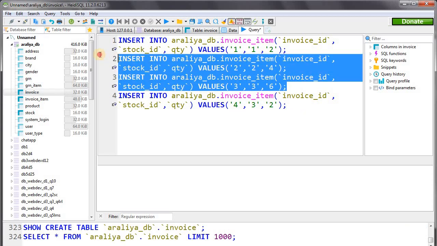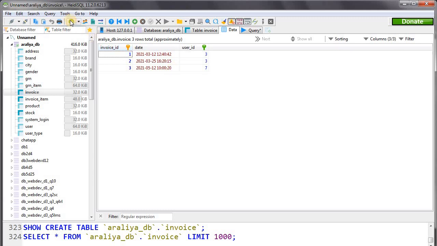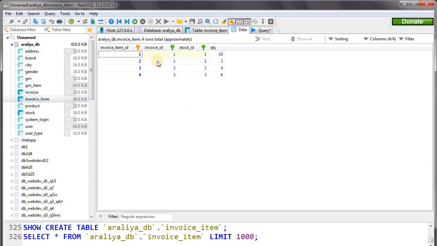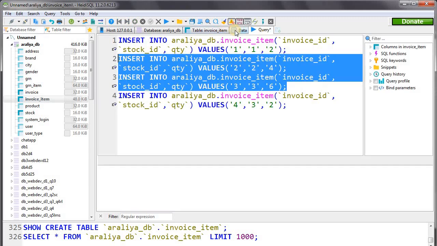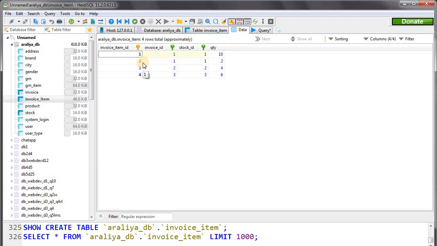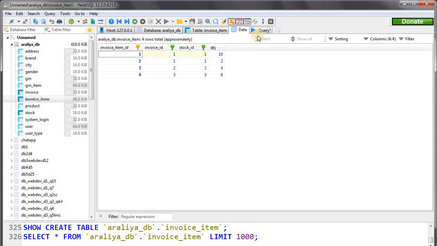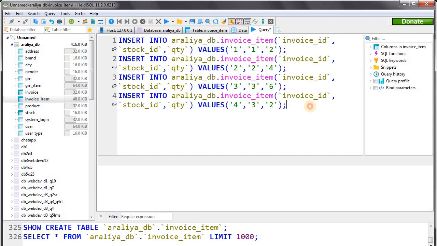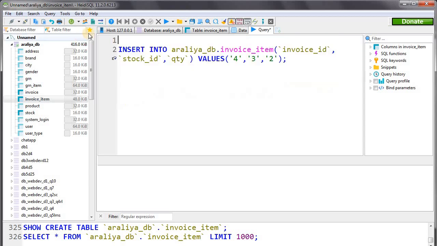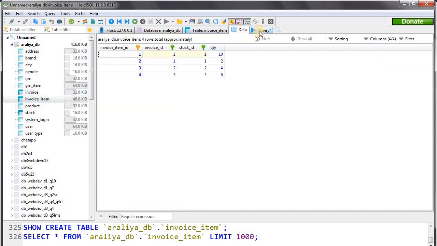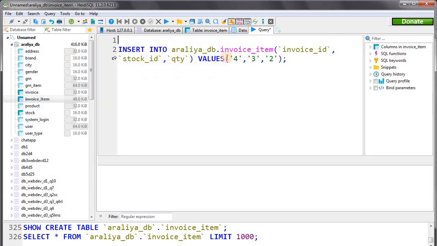You can see here in the invoice item table, we executed 4 queries, but only 3 queries are correct. Here this is the first query and second one and third one. Only the fourth query has an error. In this one you can see that one didn't execute, and there's no data of the fourth query, so that's the error.